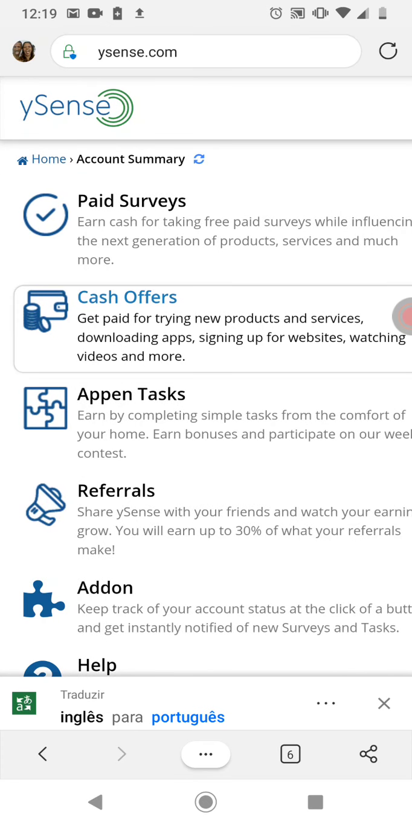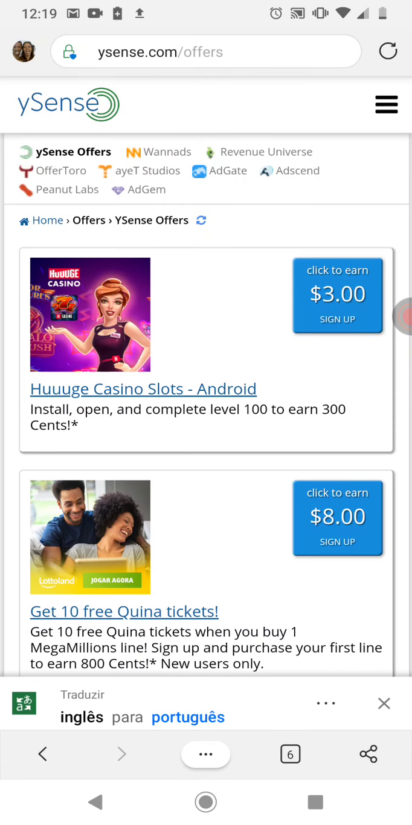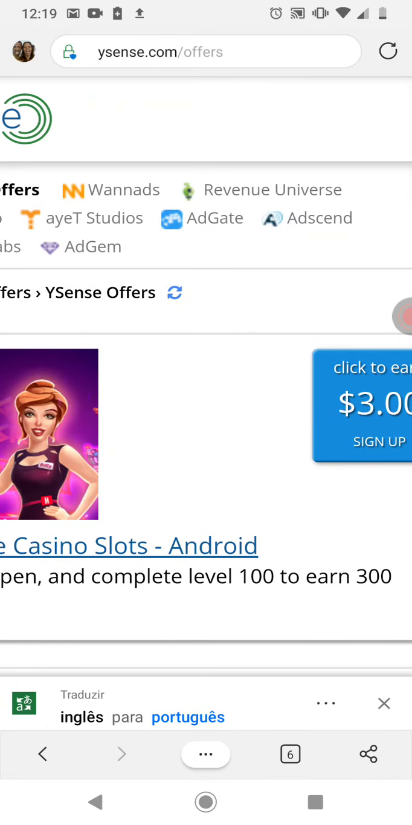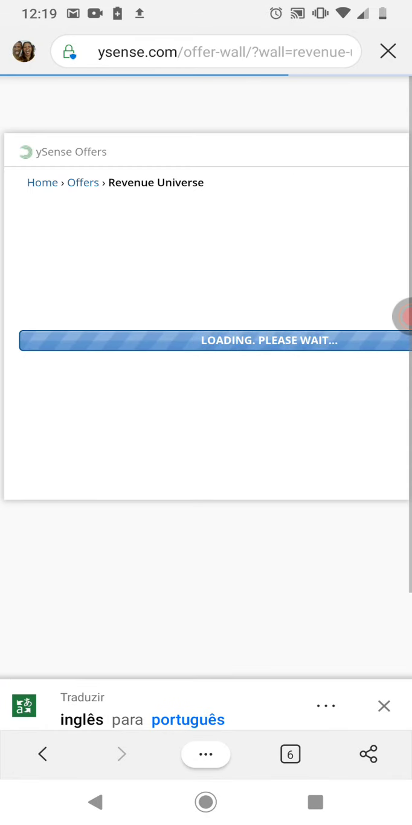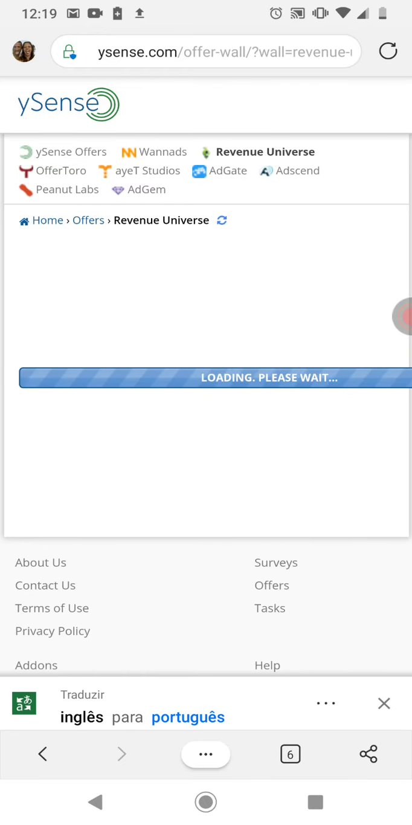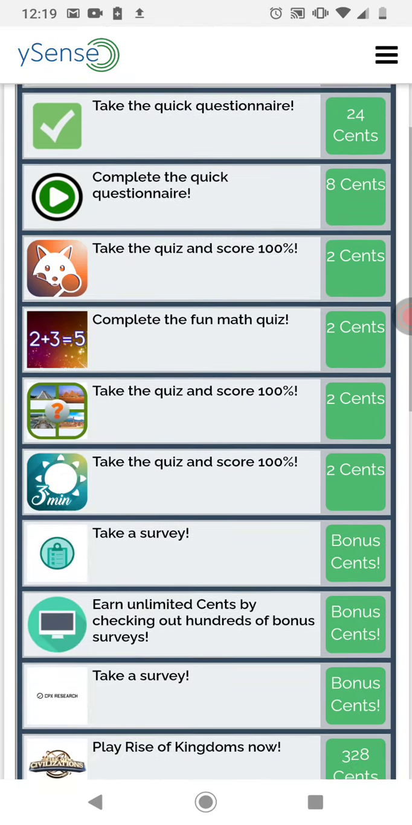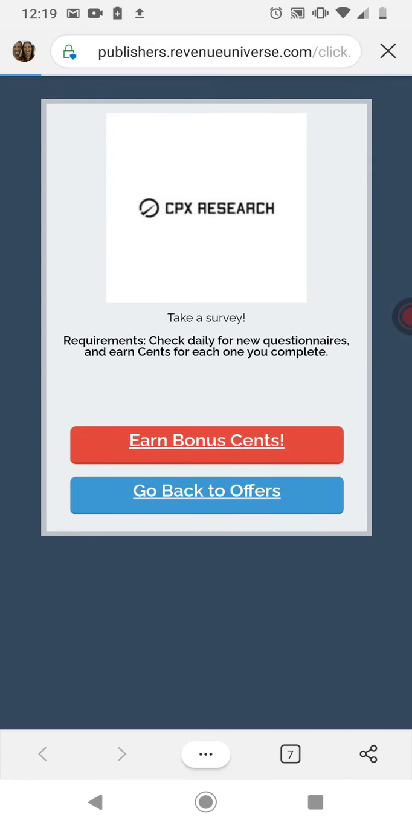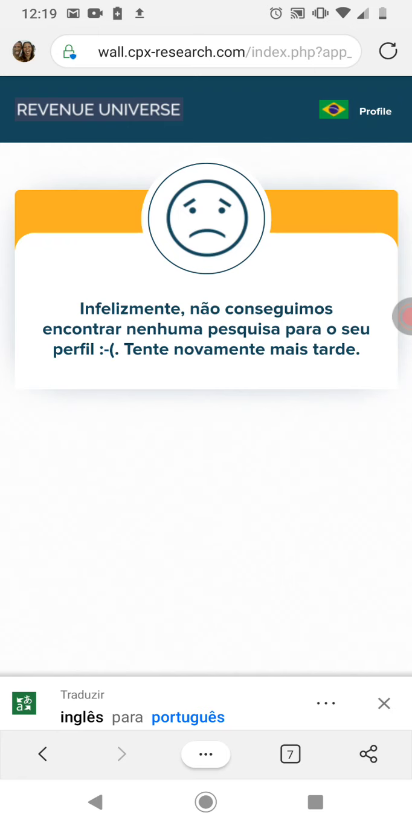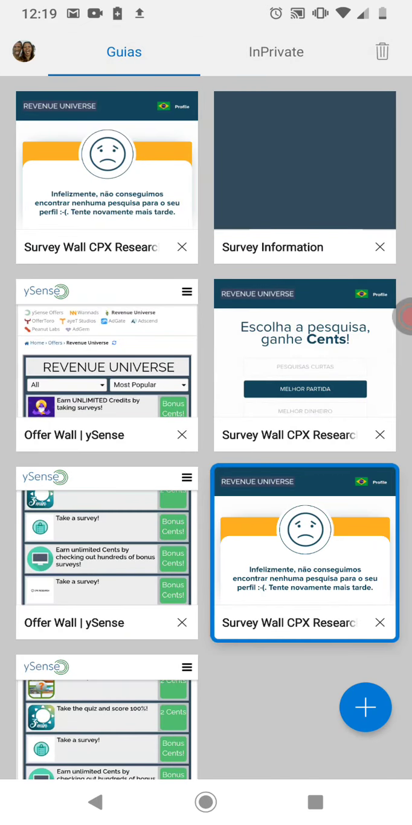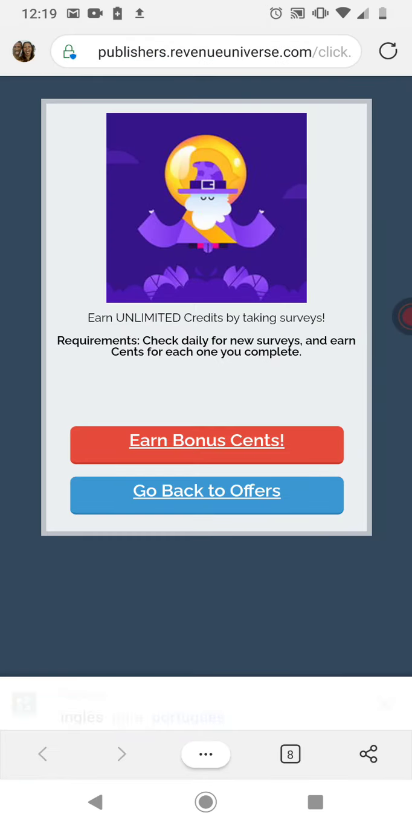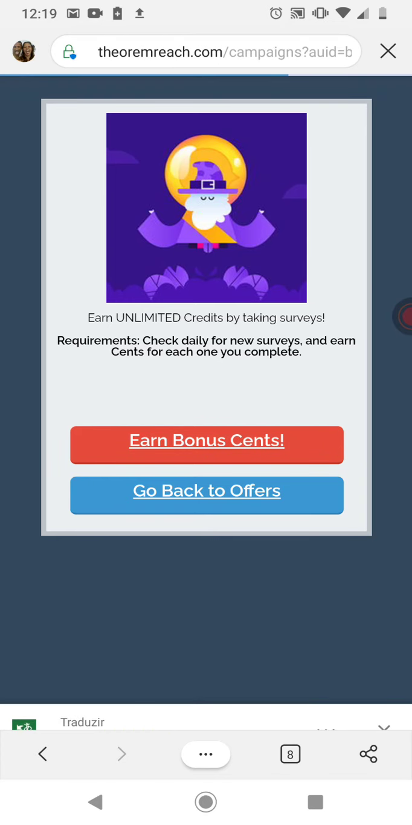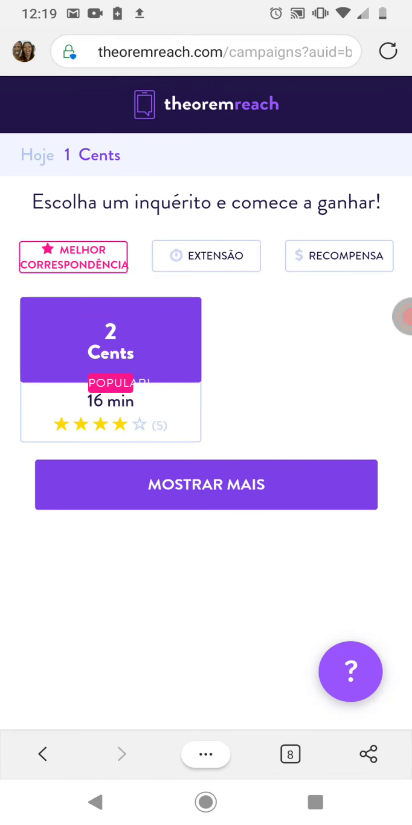it's very simple. You click on cash offers and you look for Revenue Universe here. These are the best offers in Ysense. You can see you look for this CPX Research and another search, and you complete these offers, and you will gain the bonus. Okay, so as you can see, you need to split your website surveys in various apps